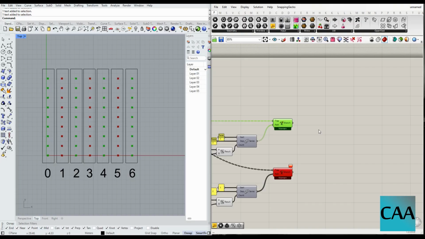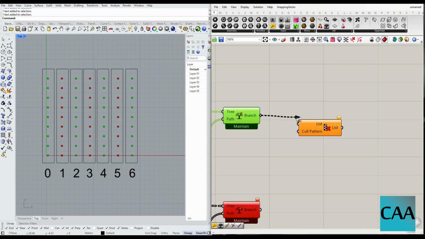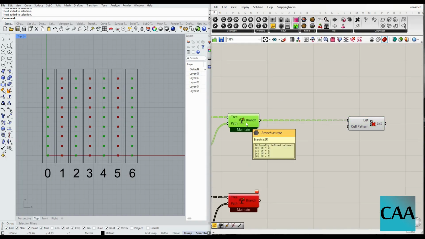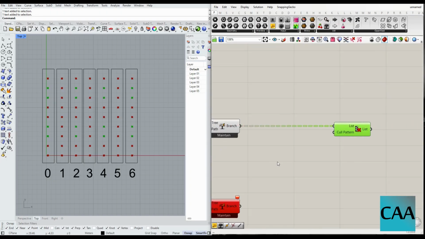As we said in last sessions, we just need to double click on canvas and type Cull Pattern. First I connect even lists to Cull Pattern, and double click on canvas to type